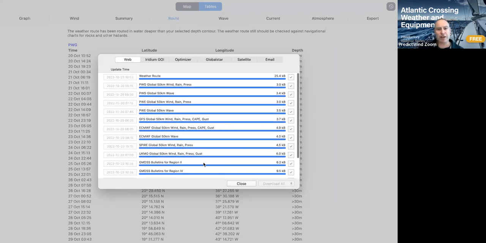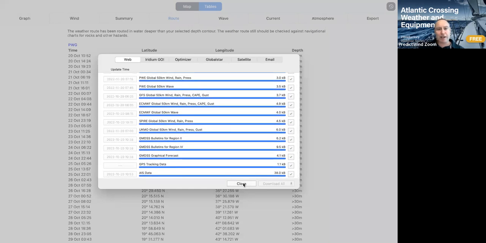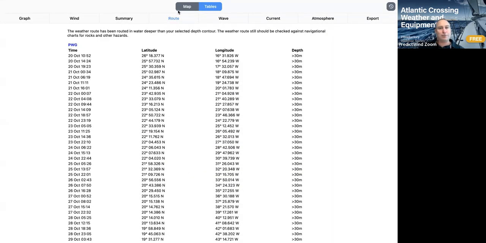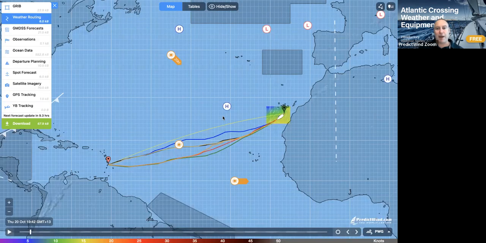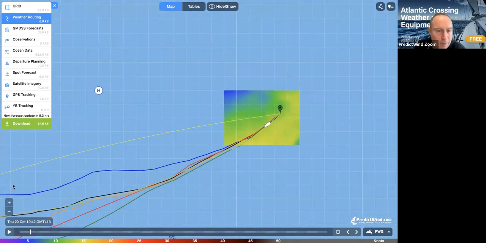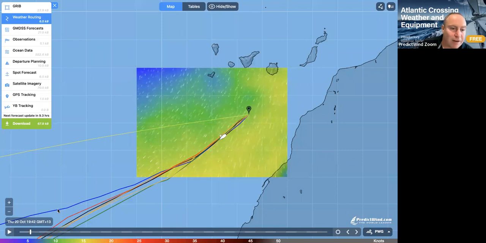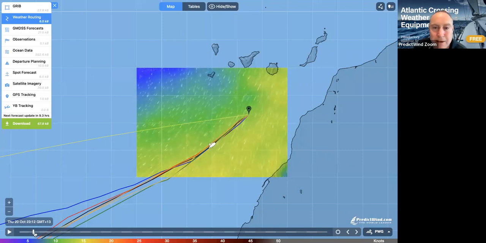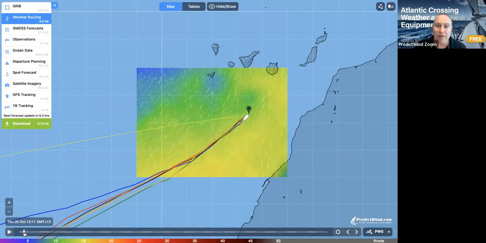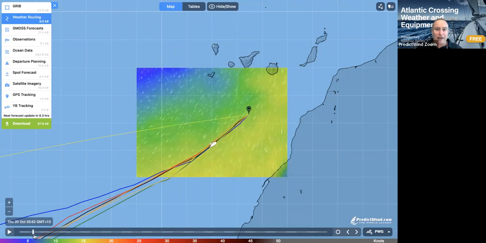So you see, we've got everything all downloaded. I'm going to click on close, and I'm going to come over here to my map, and you see we've just got that little tiny area there downloaded, and I probably could have gone bigger. And I've got everything set there for what's going to happen in the next 12 hours. And so the first thing I'm looking at here is that all of my models agree